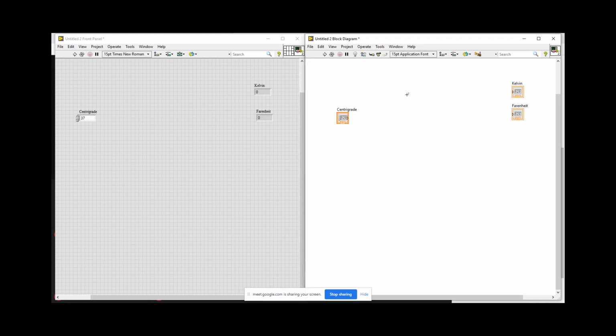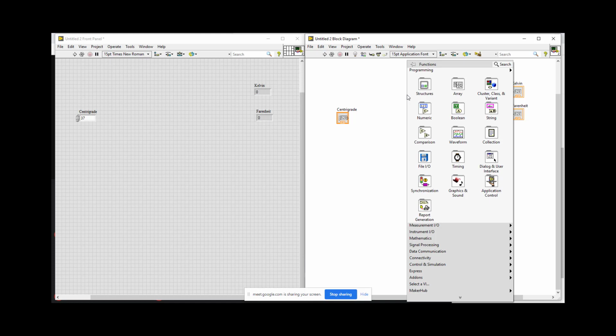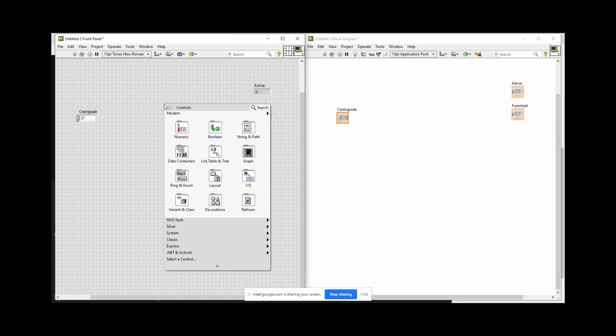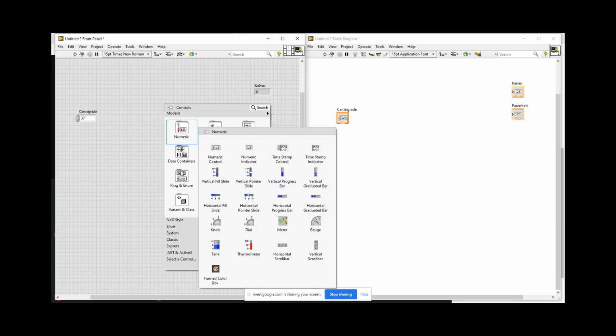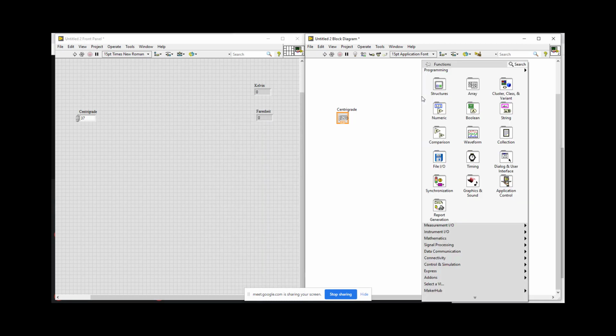To do any operation, that is supposed to happen on the block diagram. That is very, very important, because sometimes you are going to search it on front panel. You are not going to find anything related to plus, minus, or any operation on front panel. Okay, these are the panes that are available, but right now we are confining ourselves to numeric only.